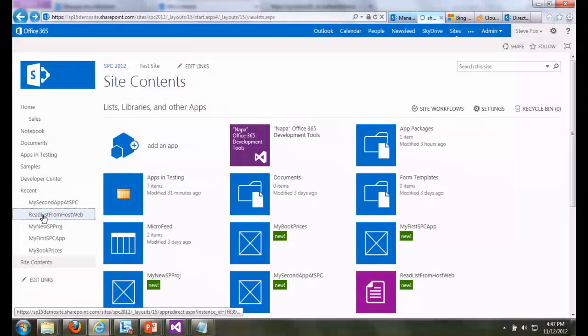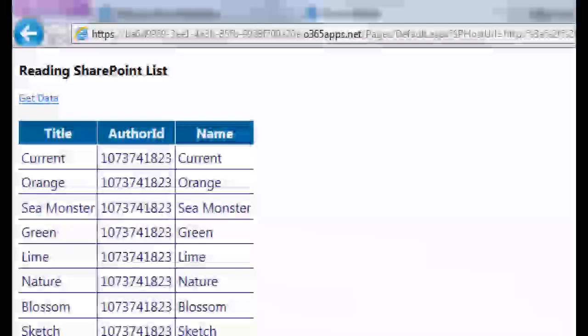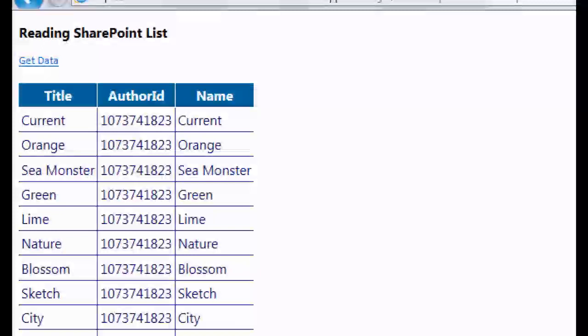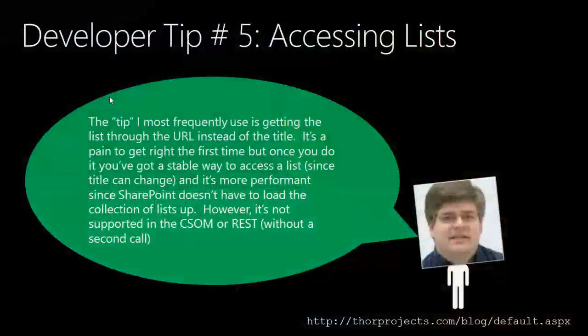This is just a simple application that will get data from the SharePoint list, and it does it using OAuth. The nice thing is that this is a hidden list that you can use to practice some coding. This is in the SDK, so if you want the code, it's already there for you. A fairly simple example, but it shows that the most common way to access lists will be through the API.